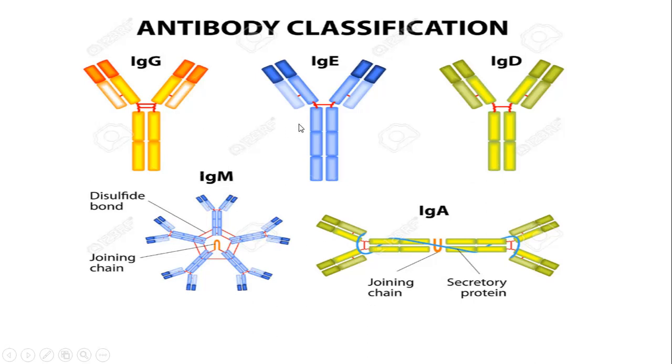So IgG, IgE, and IgD are said to be in monomer structures. That means one structural unit of the Y shape. So we have the Y shape and it's one structural unit. We call that a monomer. IgA is a dimer. Here's one structural Y and here's another structural Y. So there's 2 structural Ys, so we call it a dimer. IgM is what we call a pentamer. There's 5 monomeric units,